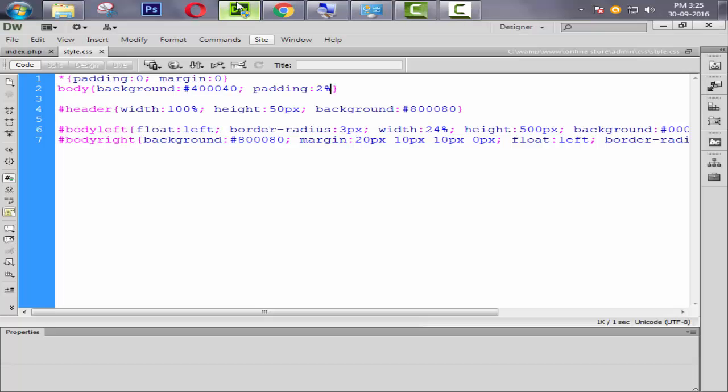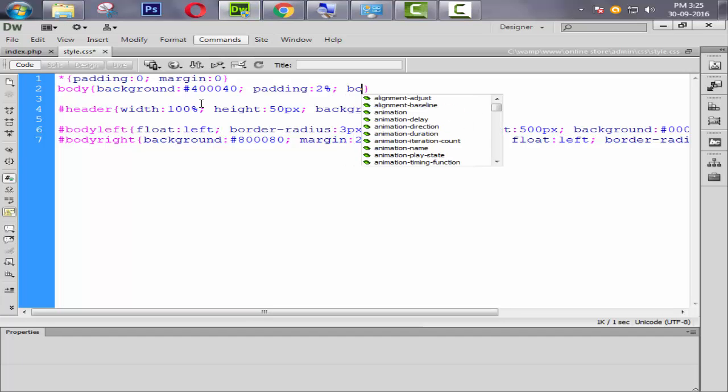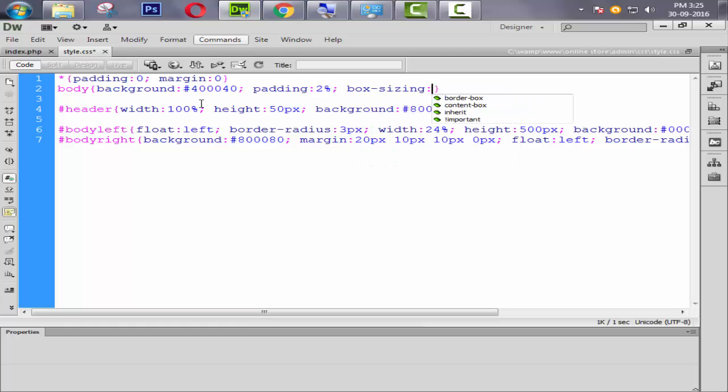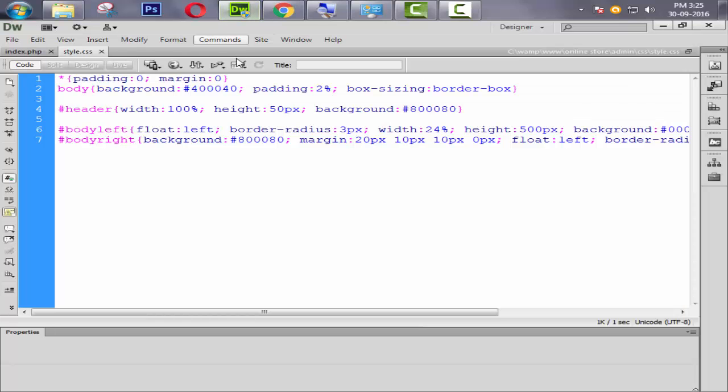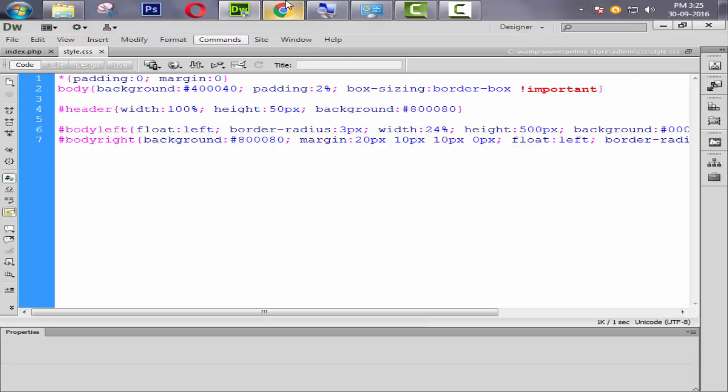But we also need the box-sizing property set to border-box, so it will come perfect. Refresh it. Okay, we use 1% of padding from all sides.